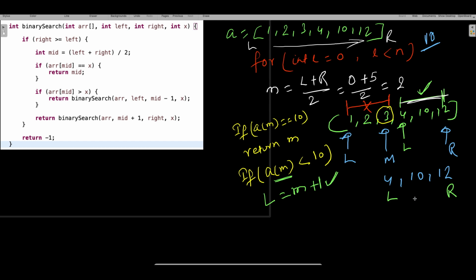Now how do you find the middle here again? By using the same formula. So the middle is going to be (left plus right) by 2. So what is the index number 4? This is 0, 1, 2, 3. So it is going to be 3 plus 5, 8 by 2 is equal to 4, right? So what is at index 4? This is 0, 1, 2, 3, and 10 is at 4. So this is the 4, which means you will qualify here and you will return the data, right?